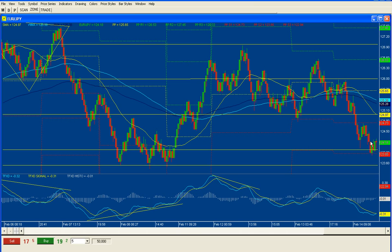Went to the well again because it looked like it wanted to go through today. Took a short at 124.05. Only got out with 2 pips there because it broke below a couple of times, came back up, and the second time that it went to do it, or actually the third time it went to do it, since it was crossing back and forth on the figure, I elected to close it at 03 just to take a small gain and walk away, and so far that's proven to be the right thing to do, although I'm still anticipating